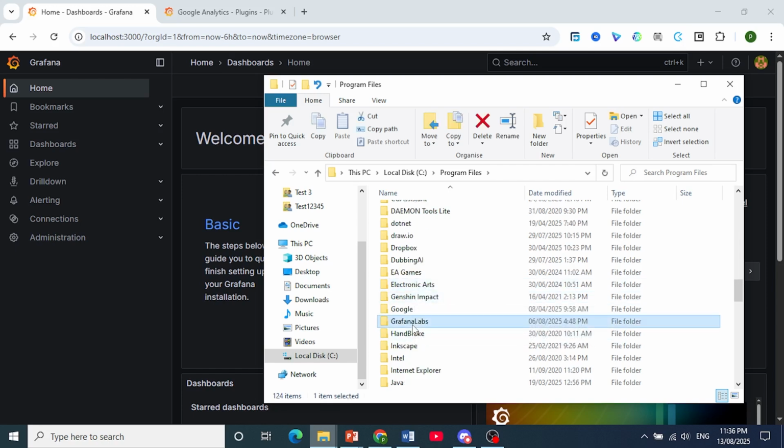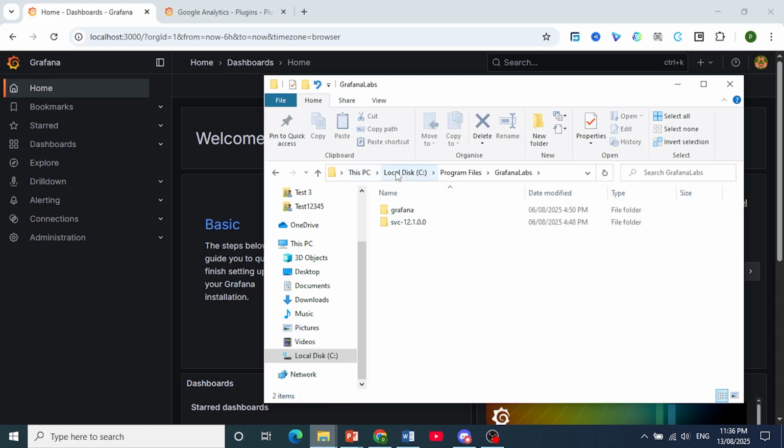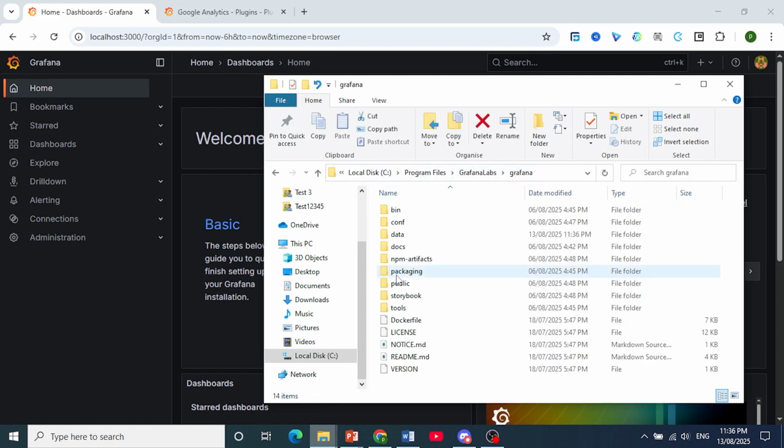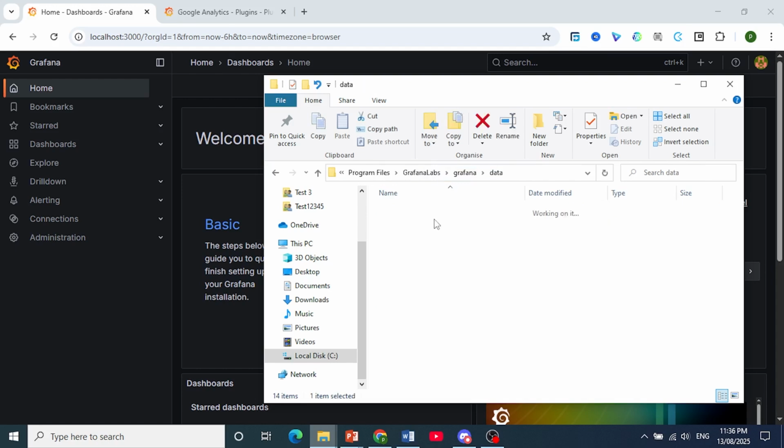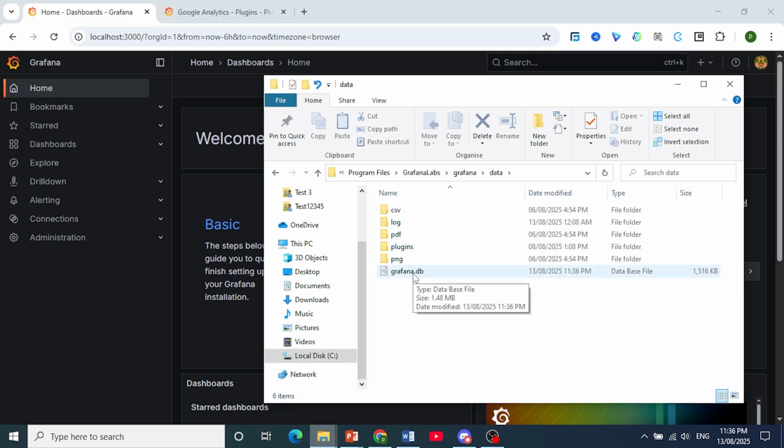Click here on Grafana Labs. So here we are, local disk C, program files, Grafana Labs. Click on Grafana, and I want you to back up three things. First, I want you to click on this data folder, and we need to back up this file. This is the database file for Grafana,